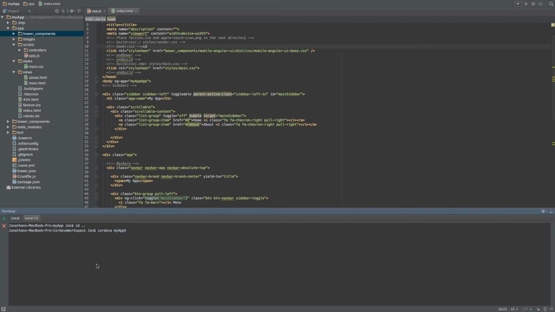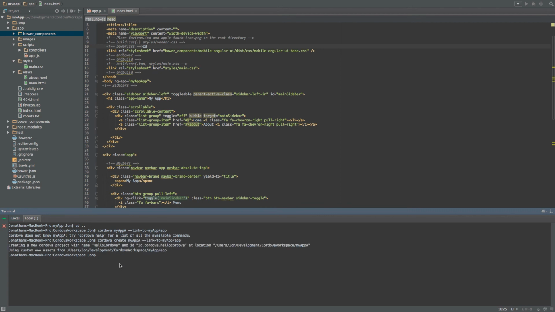We have to create it in a new folder, so we have to use a different folder. So we're going to call it my app A, and this is the link-to command, which is going to link our Cordova project to my app/app, which is where all our stuff is, the stuff we need for our project. So we run that command, and I forgot to use create. So we will create our project, and then we're going to cd into our project,